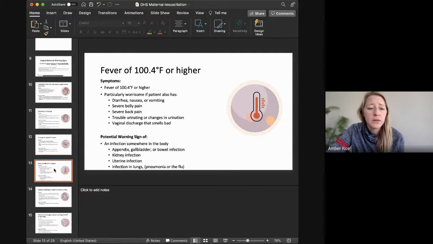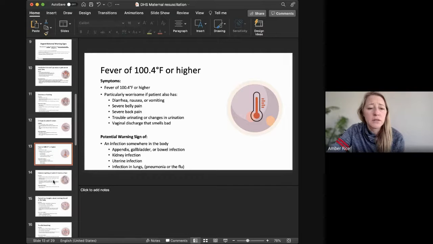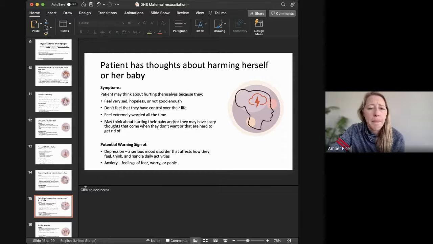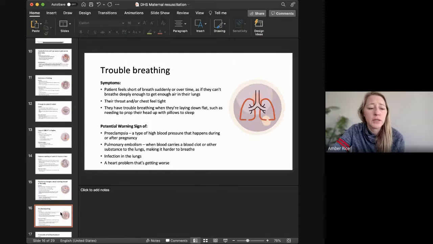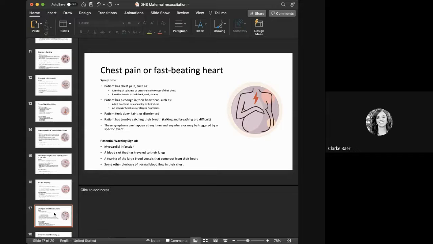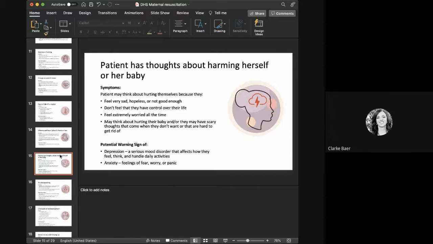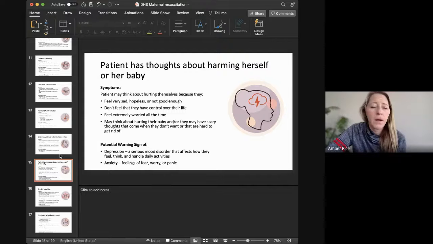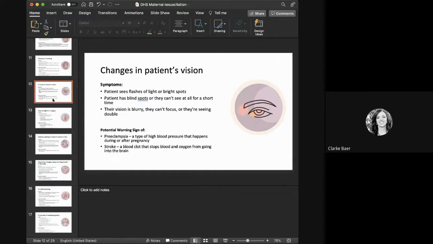fever, again, infections, extreme swelling. This one's more about severe depression, trouble breathing. I did mean to move the mental health ones together, so we can do that later, but to maybe pull that one down. I can't remember if it's 2 or 3 slides total, but the mental health ones are a hard tie, I know, but okay.